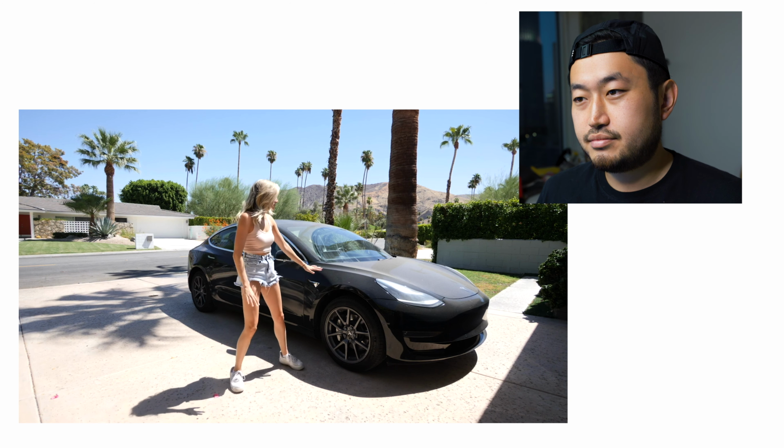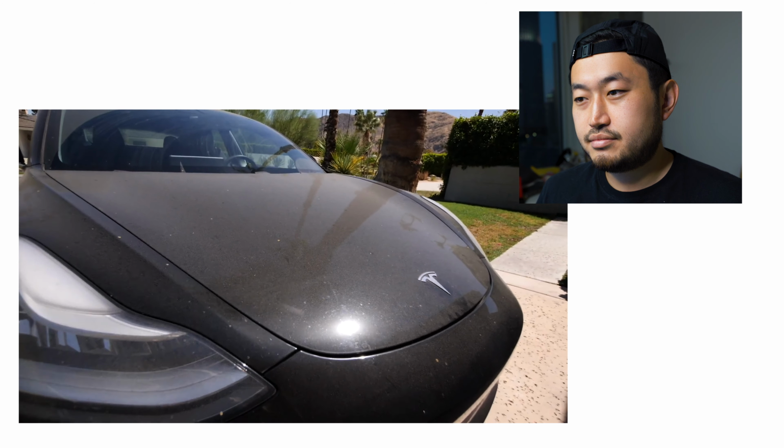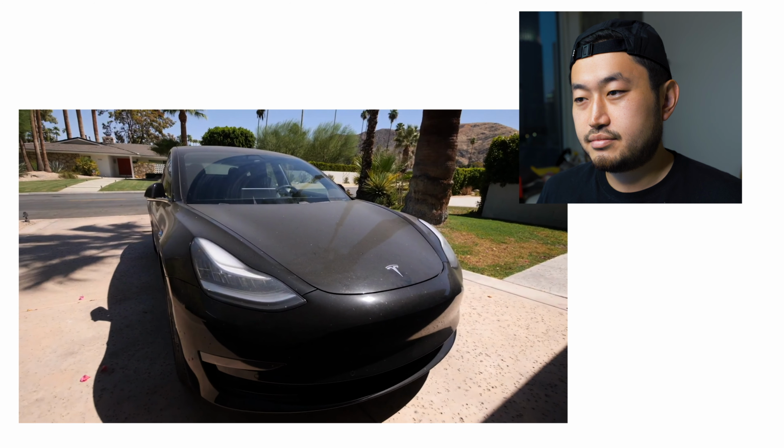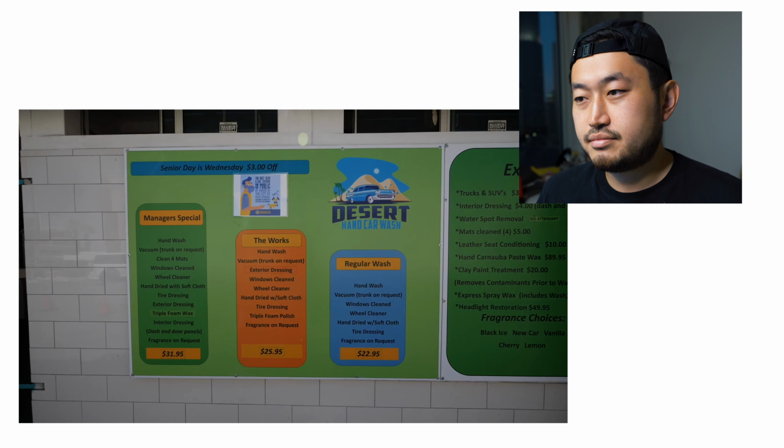So first things first, my car is a little dirty, a little dusty. Yeah, you can see the dust on that. If someone rented that, they would be like, okay, ew. I like to think I'm pretty good at Photoshop, but there's just no photoshopping out that dust. It's gotta actually be cleaned. So I went to a car wash to get it ready for both its first booking and for some listing